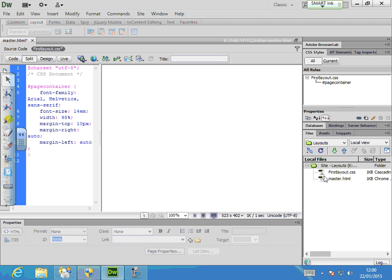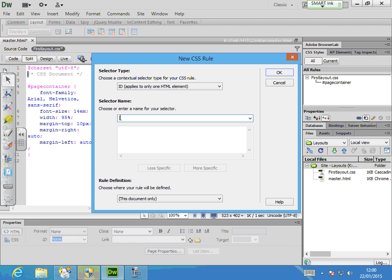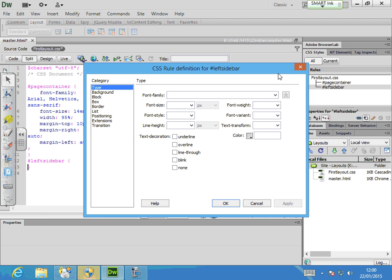And now the next in page container, I want to create another one now, which is again ID, and you can call it left sidebar. Is that right? Left sidebar. And so are you going to work on percentage on that, or are you going to keep it pixel? Now this is where the decision starts coming. If you've kept 95% for the page container, why do you now want to go pixel in this? Maybe you want to have one side static and the other side fluid,